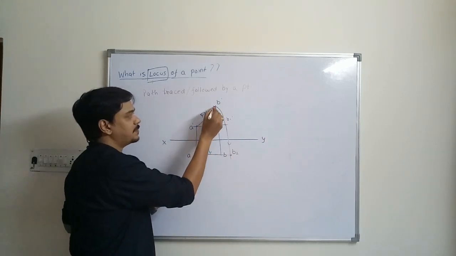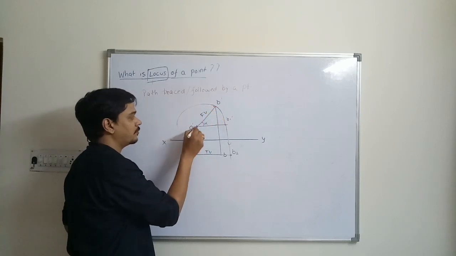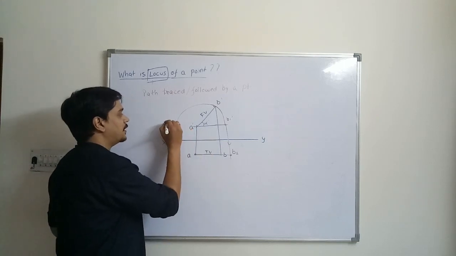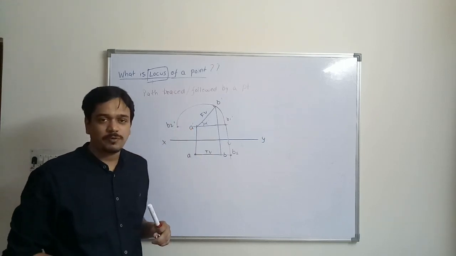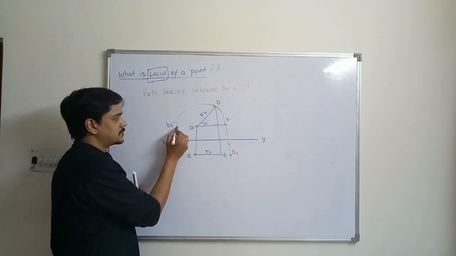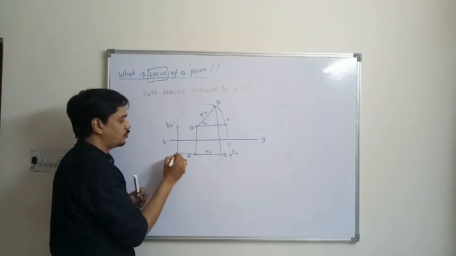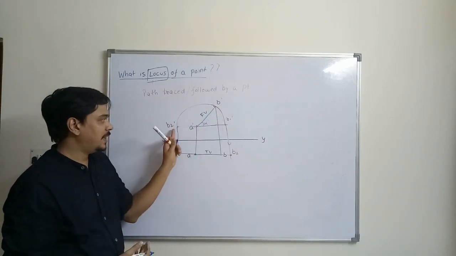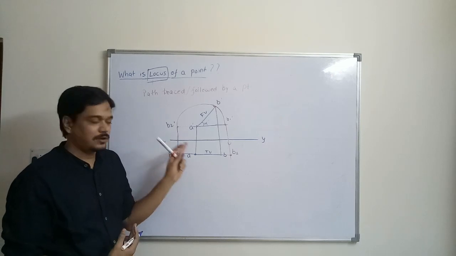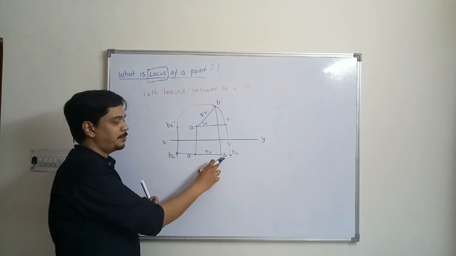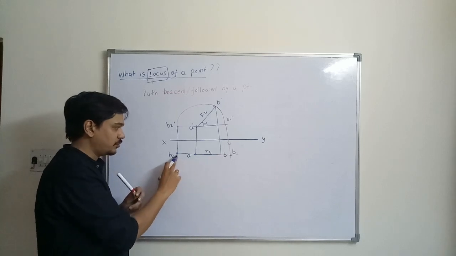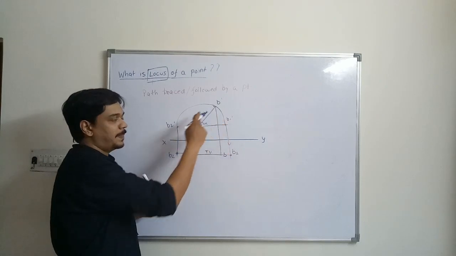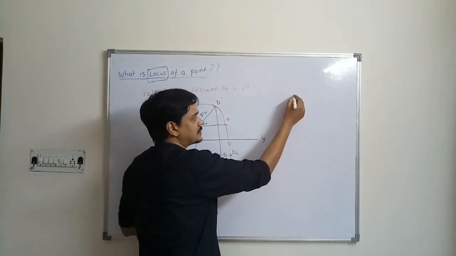Again, if you shift this B dash point from here to here, forming a semicircle, and name this point B2 dash, if you project it below, you will get this point here as B2. So if you shift from B dash to B2 dash, what will be its effect on the top view? Again the B point will be shifted from this to this, again in a horizontal line. So even if you shift this B point over a circle, or in a circular manner,